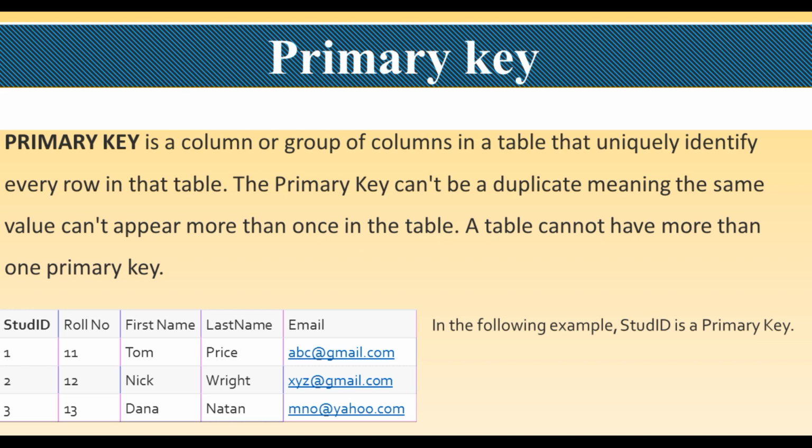For example, the first one, roll number. If you are not getting clarity in a particular field, I mean to say that particular column, we can consider another field, that is father name. So father name may be different. By that we can say that a primary key is a key which may be in the form of a column or a group of columns in a table, that allows us to uniquely identify the tuple, I mean to say the row, in a table. The primary key can't be duplicate. It means to say a primary key never has a duplicate value.